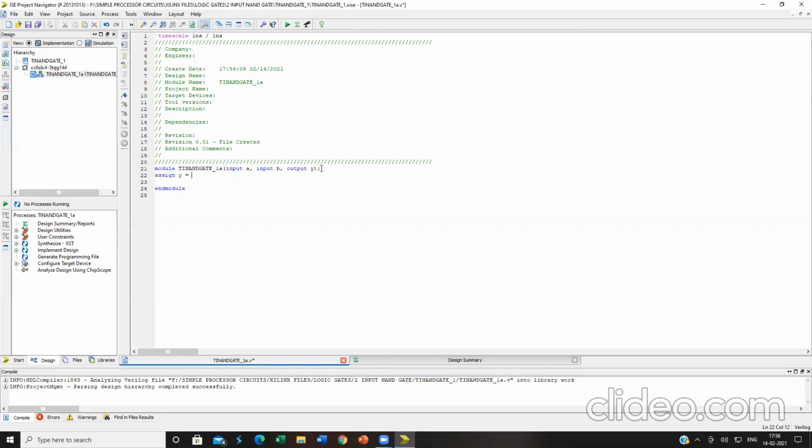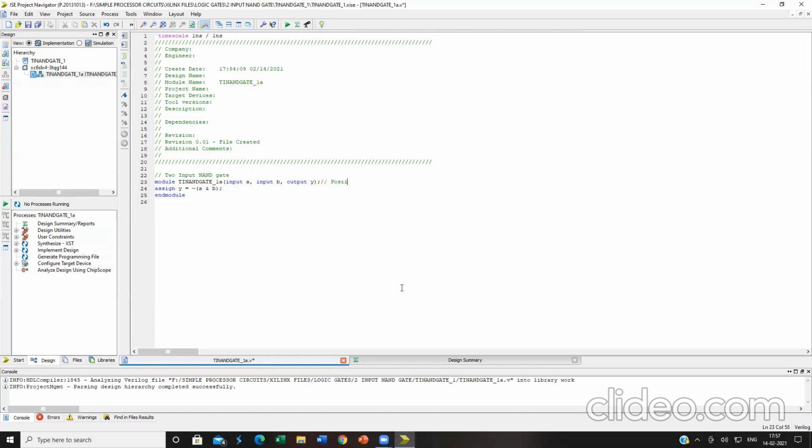y is equal to the same expression, NAND, not of A and B. That's all. Here also I am providing a comment. Similar comments go to the input NAND gate. So here also I am going to include a statement after this forward double slash that will also be considered a comment. That means it will be useful for both enabling or disabling a particular program.